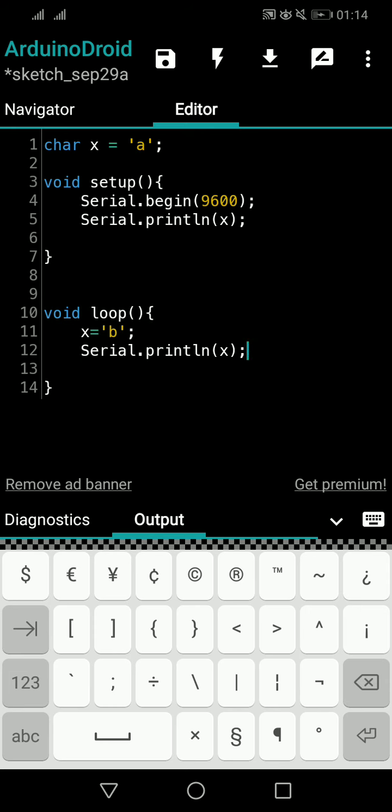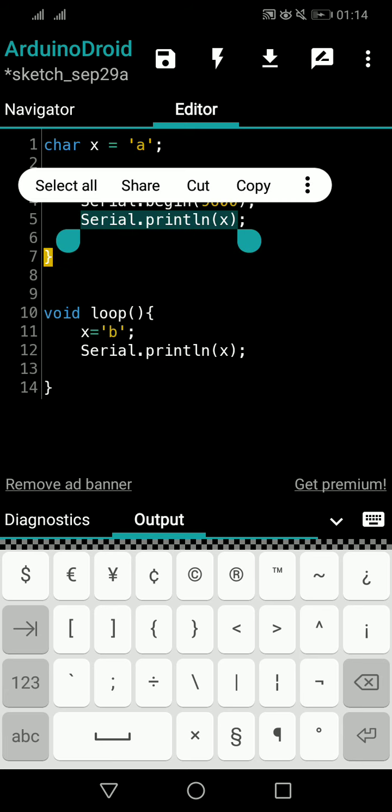So now what will be the output? Can you guess? The character value of x is a. When we start the serial in the setup block, one time we are going to run that and print the x value. So a will be printed because x is a. The variable name x refers to the character value a.